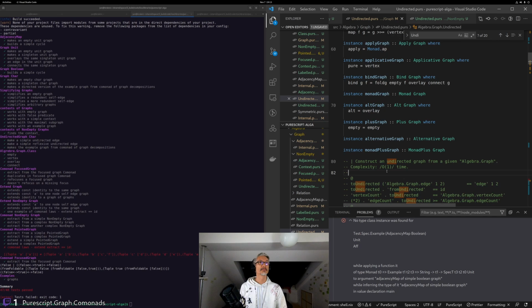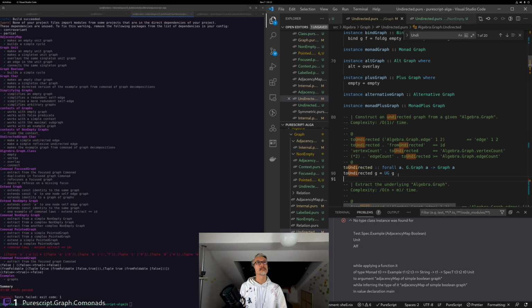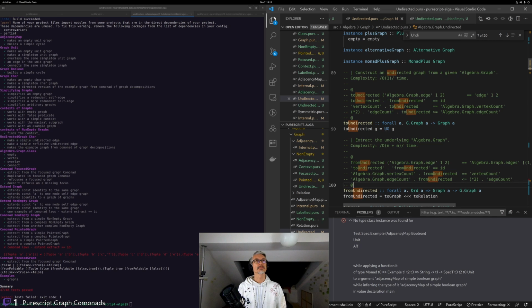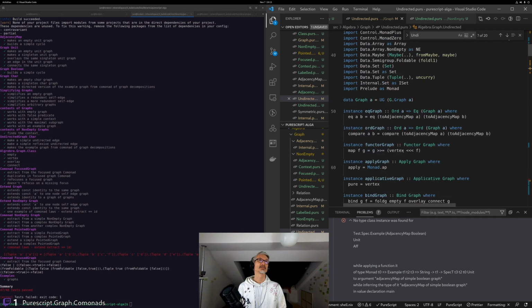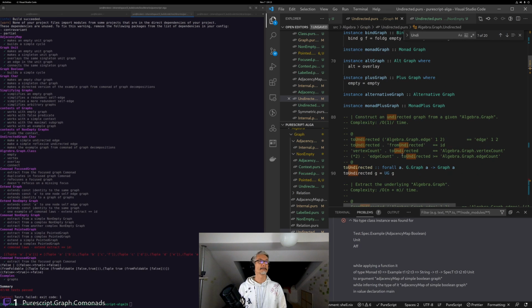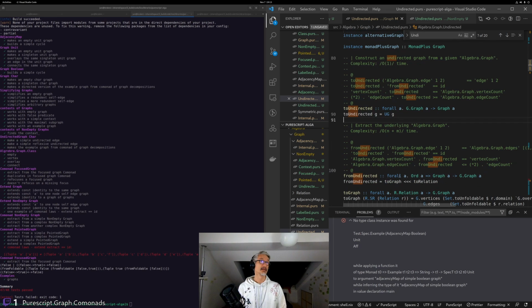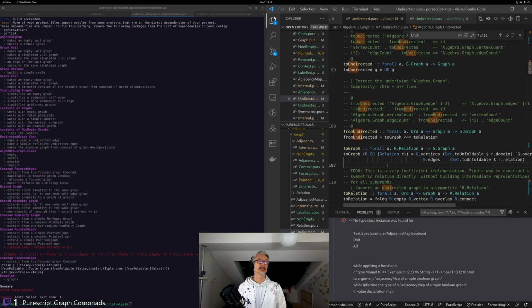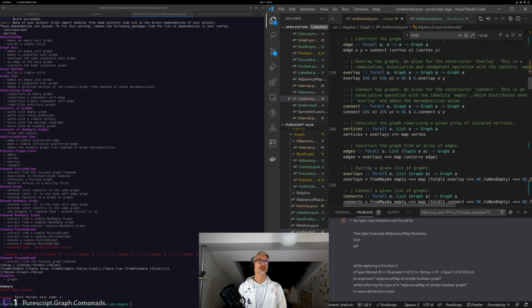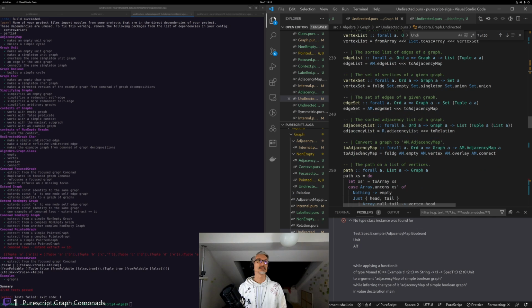There's some kind of lattice maybe. Right, so to undirected. Yeah, I'm not sure this even works. Or maybe it's fine because it's just about how we reinterpret connect, in fact. But the interpretation of connect needs to go through the adjacency map. So again, it is about to adjacency map here, but we need to